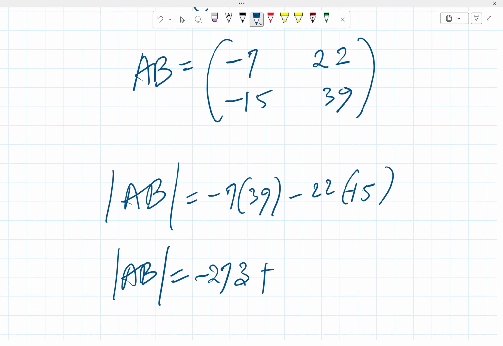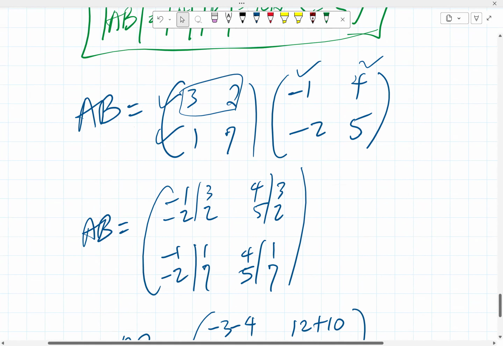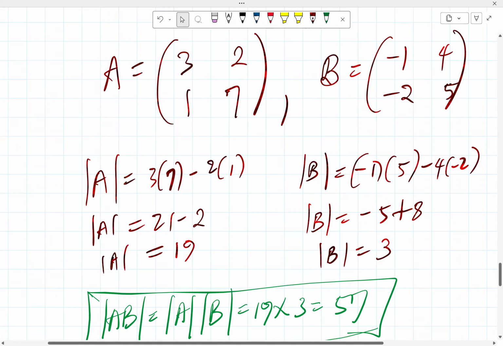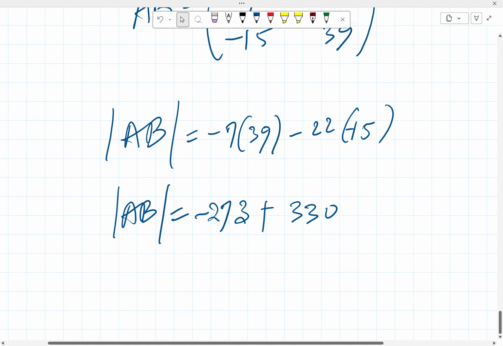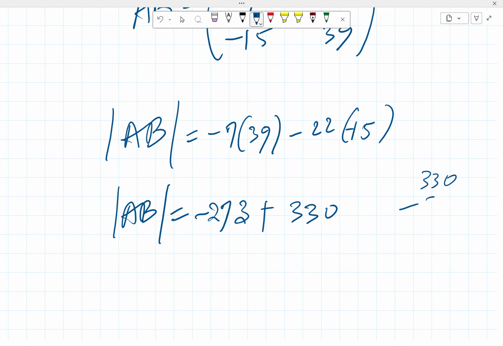That's 330. 11 times 3 is 33. So that's 330 minus